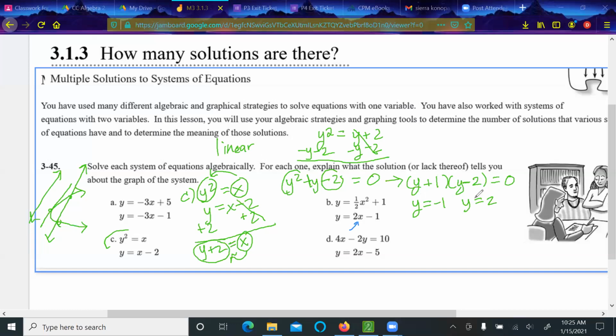Do we need to go back and solve? Yeah, we need to. You know what? I haven't been solving for x, have I? So now I need to go back and solve for x. So my bad, guys, I haven't been solving for x. So,